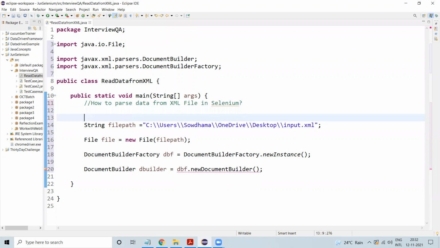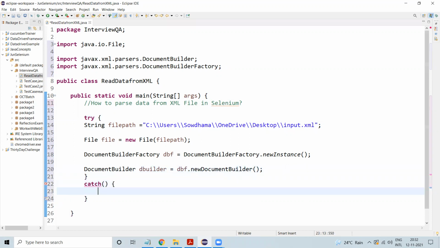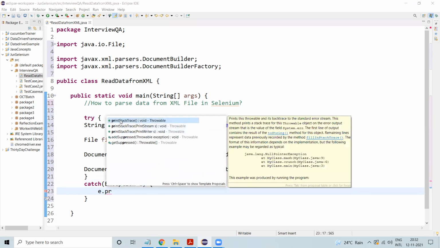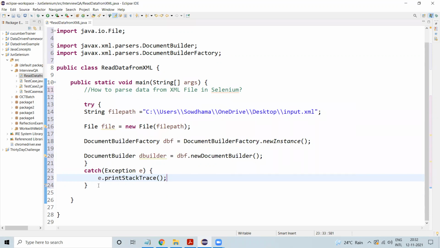But now I will go with the try catch block. I am creating a catch. So in the catch, I will pass the exception over here, the exception e. So e dot printStackTrace. So if there is any exception, it is going to print the stack trace.